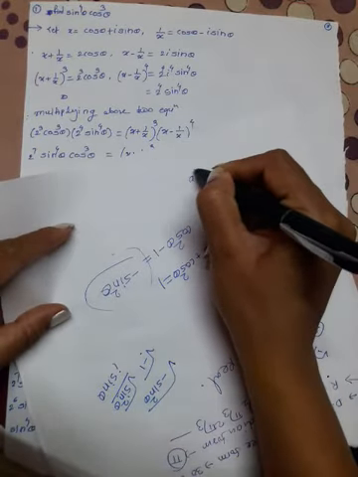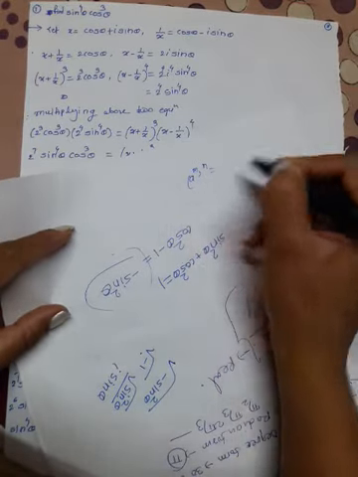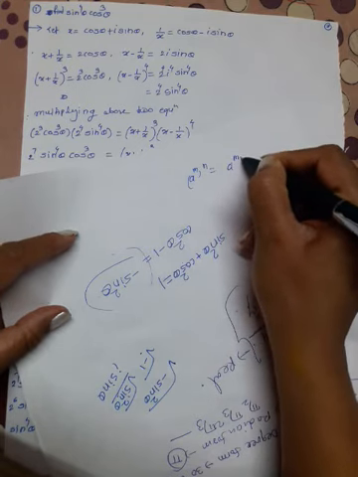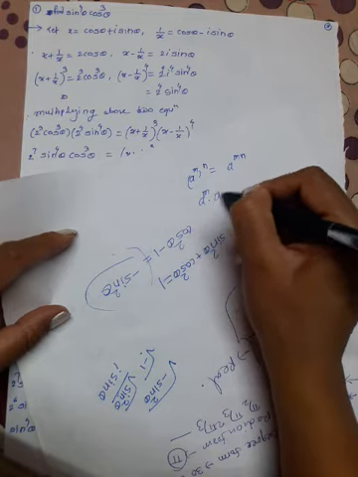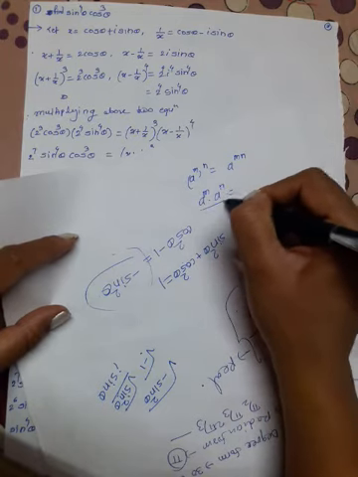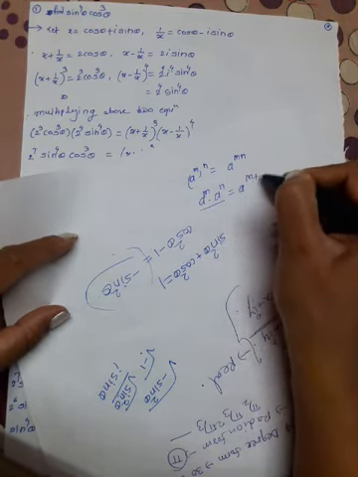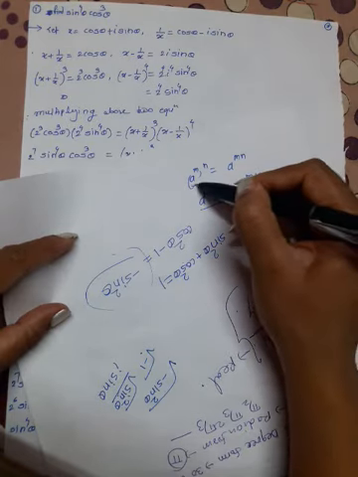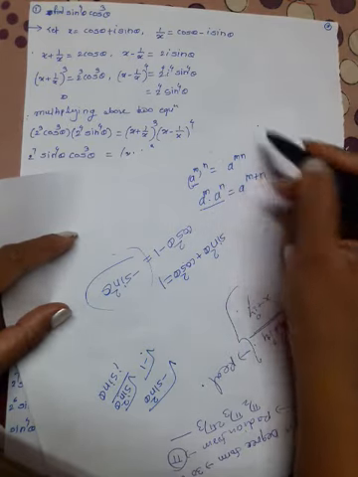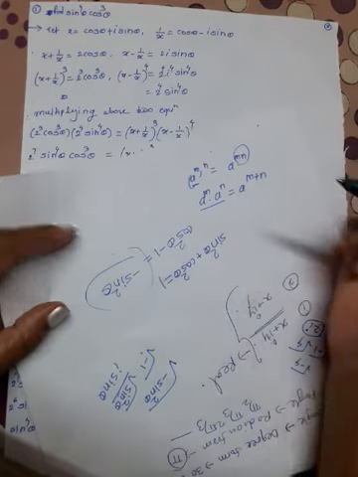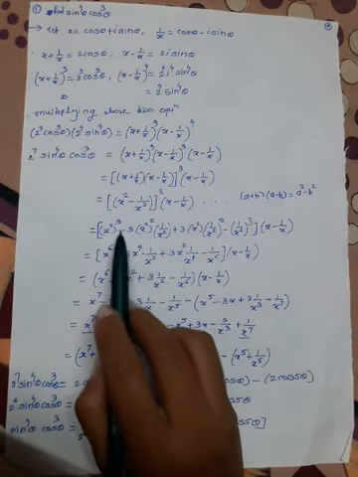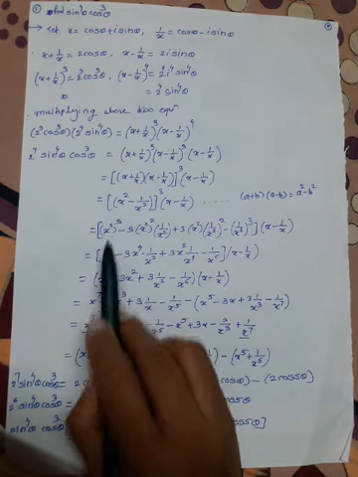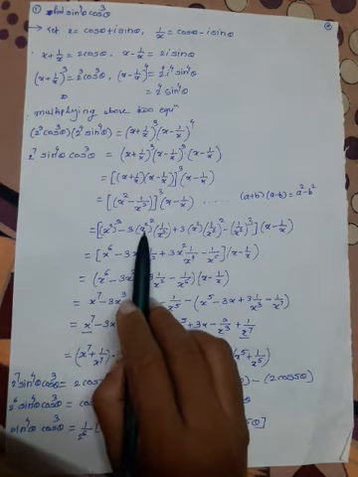(a^m)^n is nothing but a^(m×n), okay. a^m into a^n: when the base is the same, the indices get added. When the base is the same and a power is raised to a power, the indices get multiplied, okay. That's why it becomes (x²)³, which is x^6, minus 3 x^4